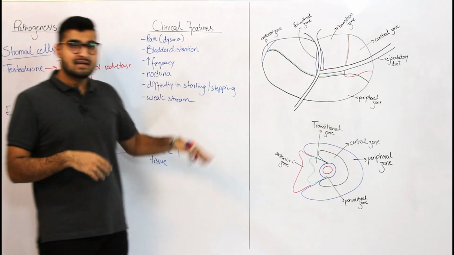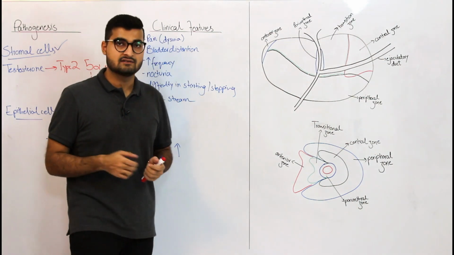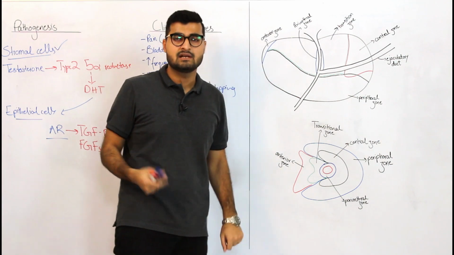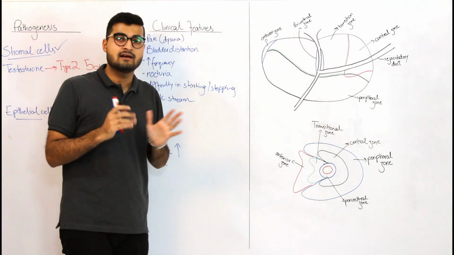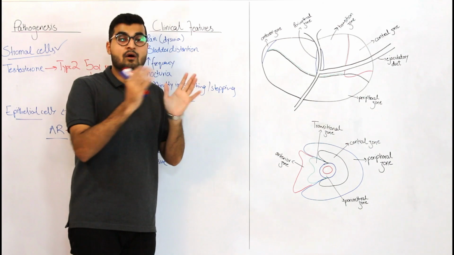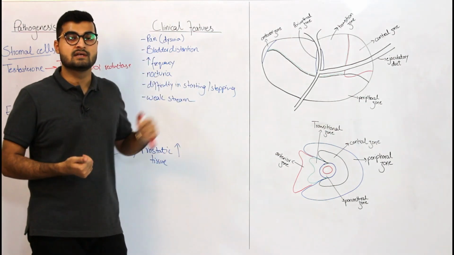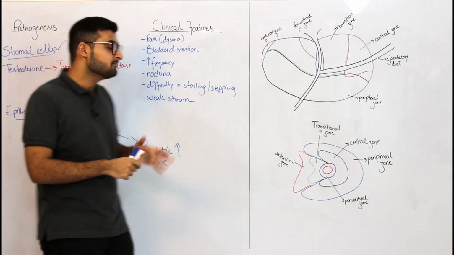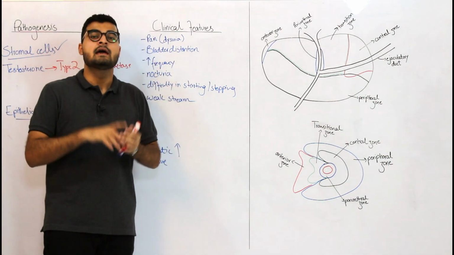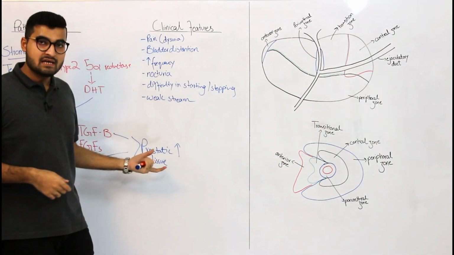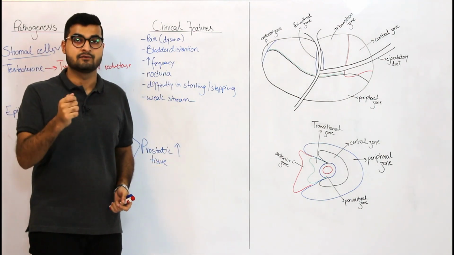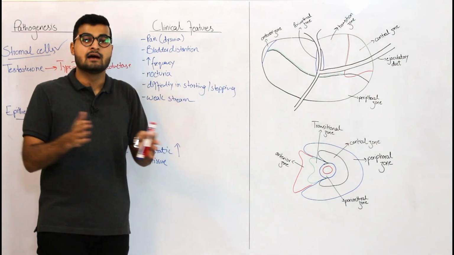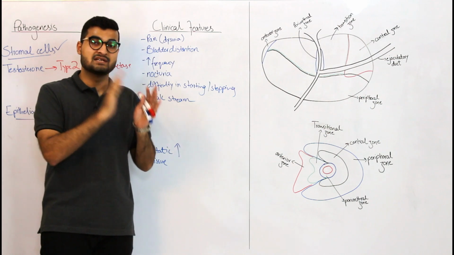Now, taking a biopsy is usually not the case because you can't just go to the transition zone and take out a biopsy sample, and you can't really notice BPH on biopsy. So for BPH, what you can do is a abdominal ultrasound. When you do a abdominal ultrasound, what would you see? You're going to probably see enlarged kidneys, because BPH is a common cause of hydronephrosis. So you can have hydronephrosis in your kidneys, and you can also have a distended bladder, which might clue you that the patient might have BPH.